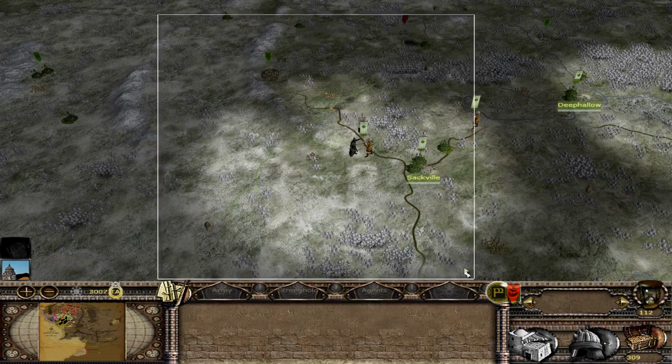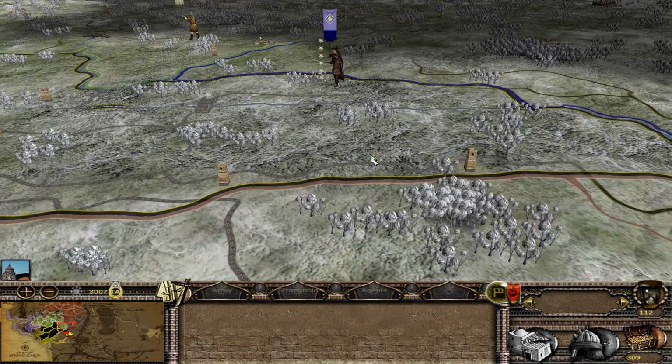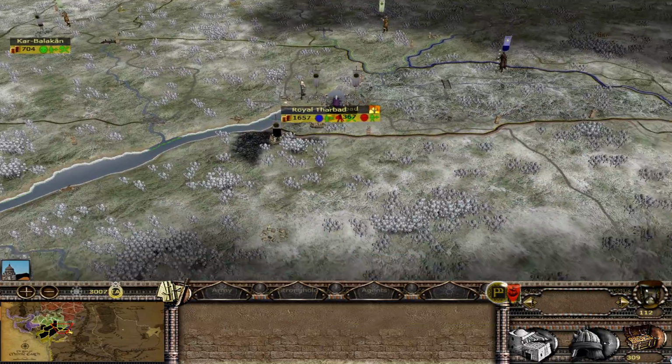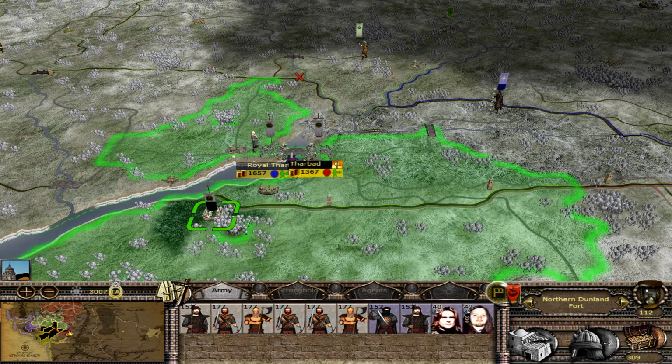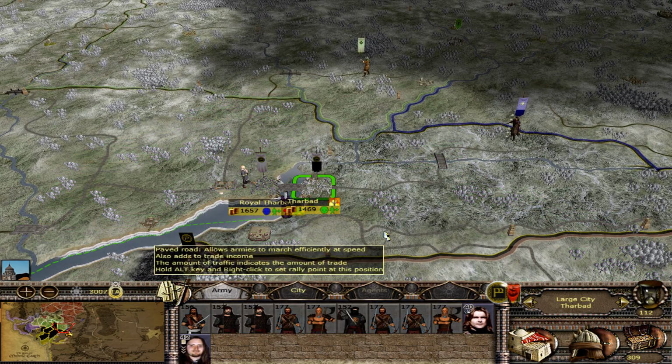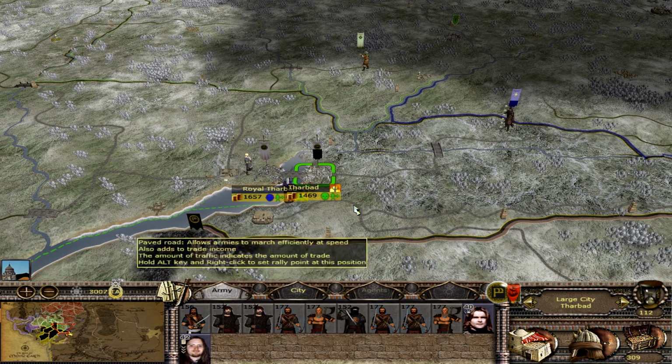Now, you've all just noticed what's just happened near Tharbad, I trust. Again, I've recorded this episode before, and it happened last time, but last time I didn't get far enough in to them to attack. But Imladris are coming for us, by all intents and purposes. Apparently, they've taken pity on the Dunlendings, and they're coming towards us. So we're going to pull back to Tharbad. And we're going to sit in Tharbad and say, you want some?